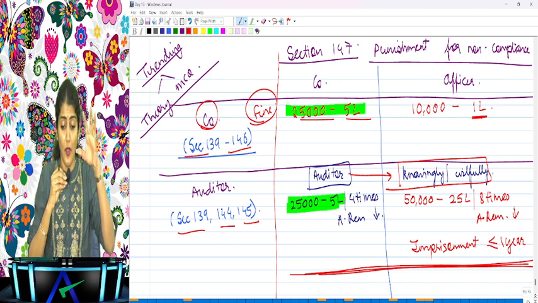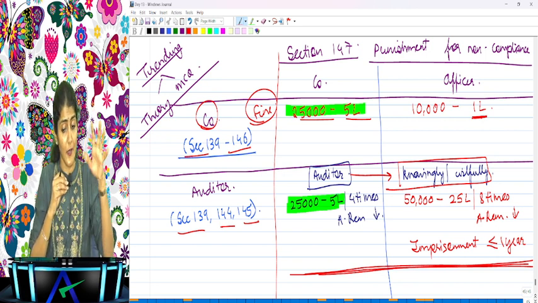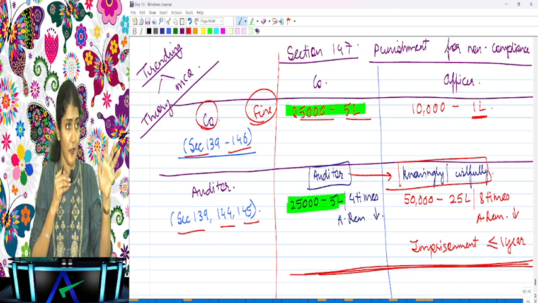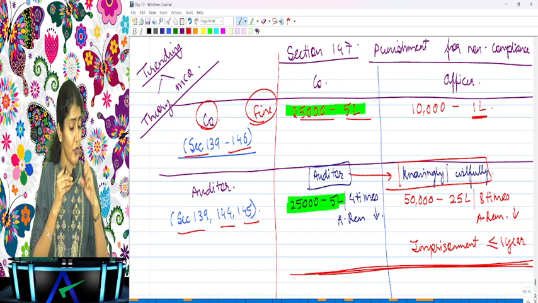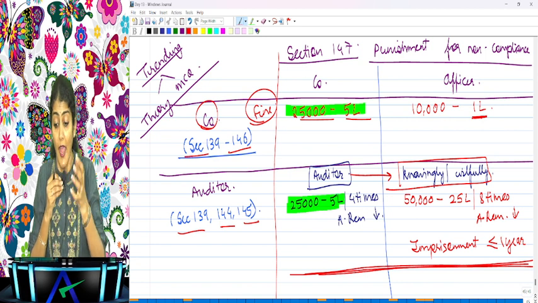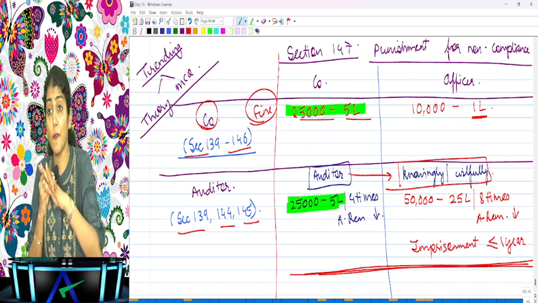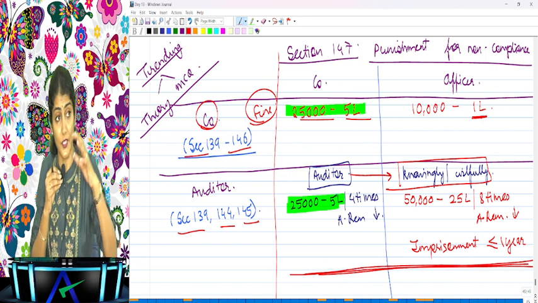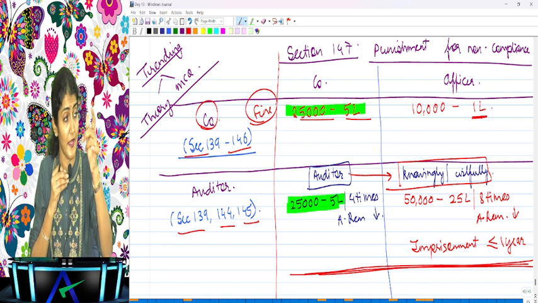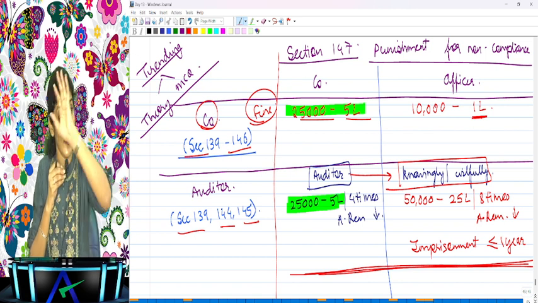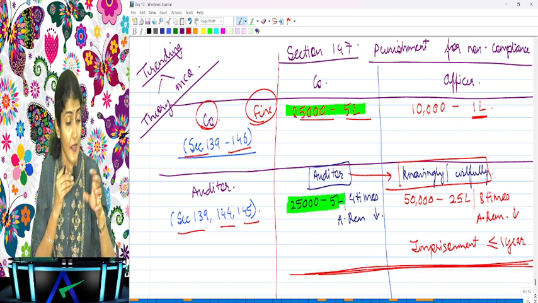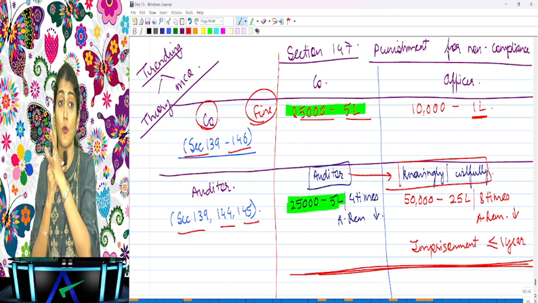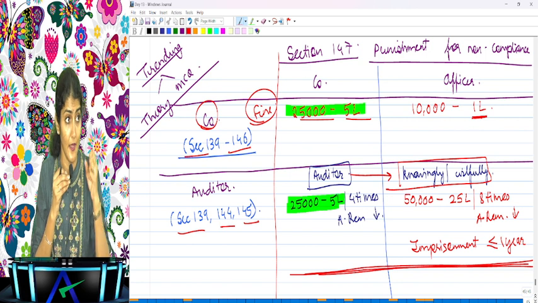Okay, so for the company auditor, one point is it is the same, 25,000 to 5 lakh. And what does it say? Or 4 times the remuneration of the auditor, whichever is less. And if the auditor knowingly, willfully has not complied with these sections, then 50,000, which may extend up to 25 lakh or 8 times the remuneration of the auditor, whichever is less, and imprisonment which may extend up to 1 year, or with both. Are you understanding?